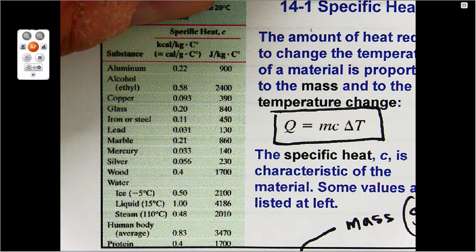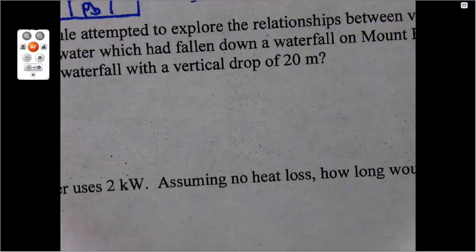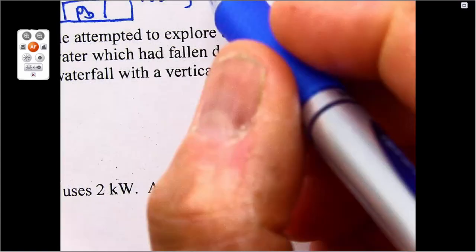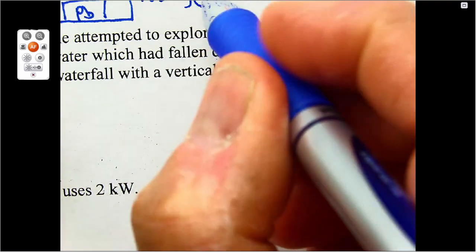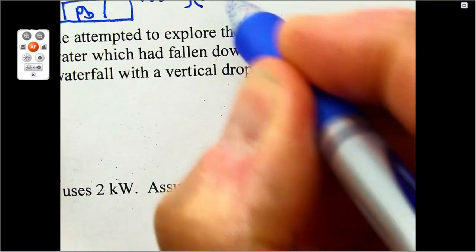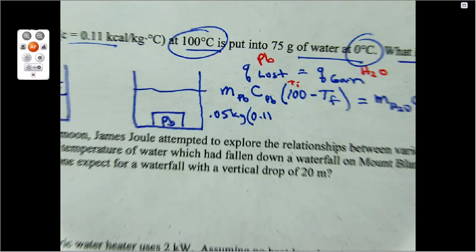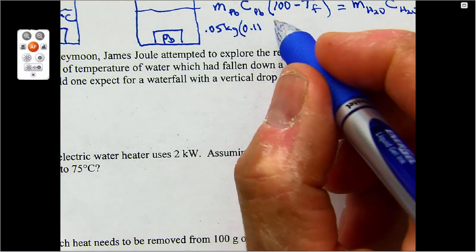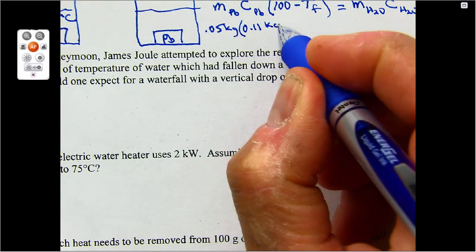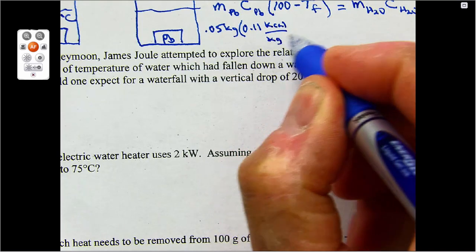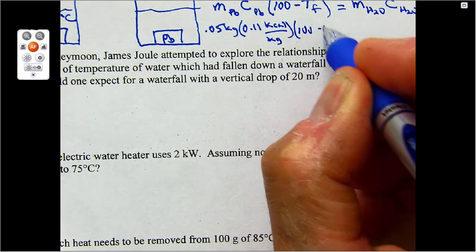It actually comes out to be the same. So we could consistently do it that way then. So this right here is going to be 0.11 kilocalorie per kilogram, and then 100 minus T final